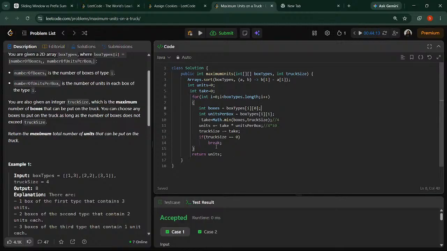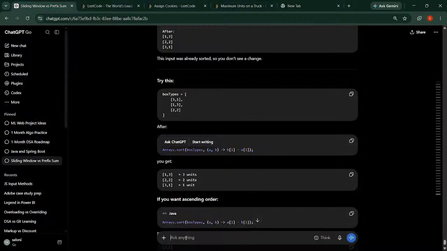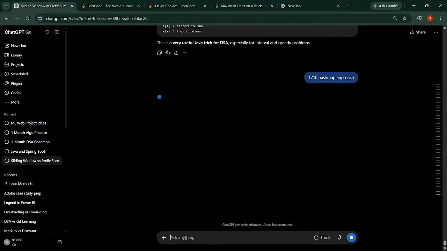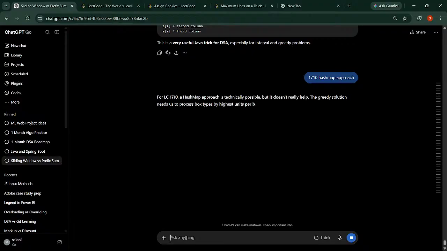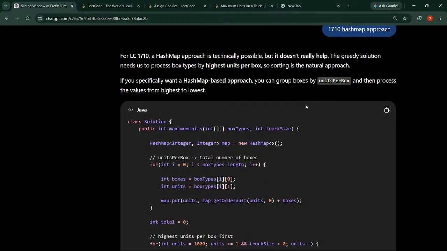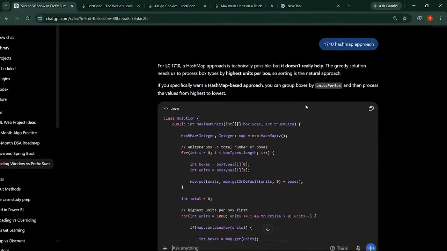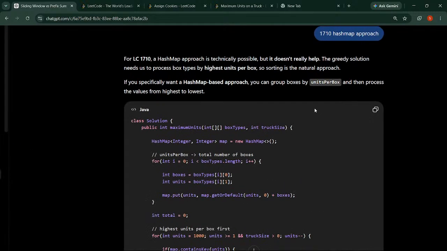Okay, let me just ask ChatGPT for the approach. The hash map approach you are telling. It doesn't really have the solution where to process boxes by highest units per box. So sorting is a natural approach. If you actually want a hash map based approach,